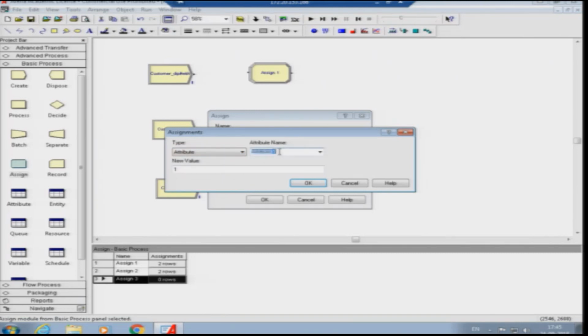The third case will do the same thing. Customer 3 value is 1, and one more attribute to add, it is banking, put the value as